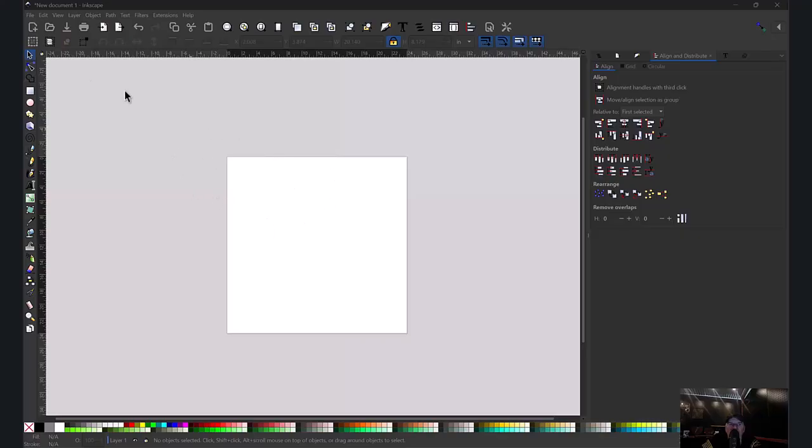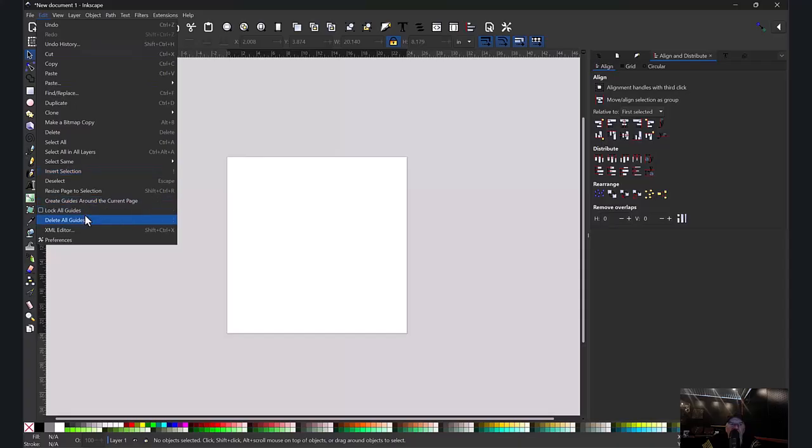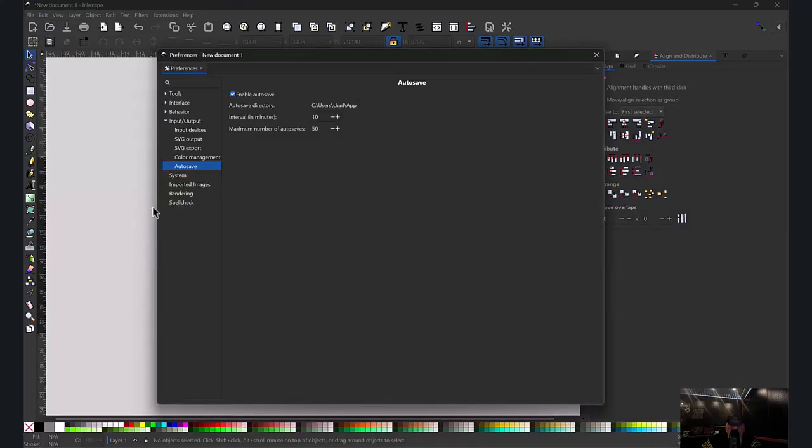So how to do that is you would go up here, you'd go to Edit, you'd go down here to Preferences. From Preferences, you'd go to Input Output, and then Autosave. And right here is where Inkscape autosaves your files. So you're just going to copy this whole address, copy it,